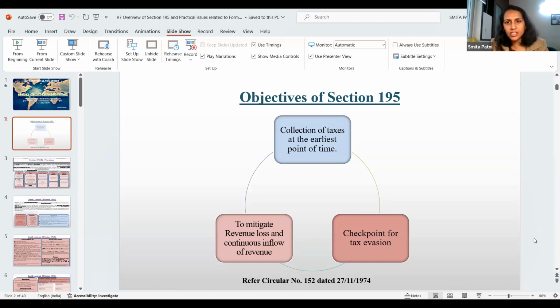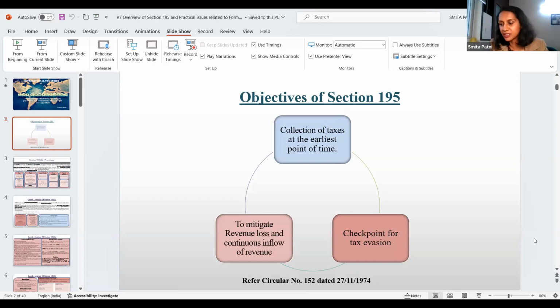This is not a new section. This is akin to the old Sections 18B and 18C of the 1922 Act. So we have been seeing this section for a long time, although a lot of changes have been made to it since it came into play, this section is not new to us. This is the only and the most important section whenever we deal with the provisions of withholding taxes